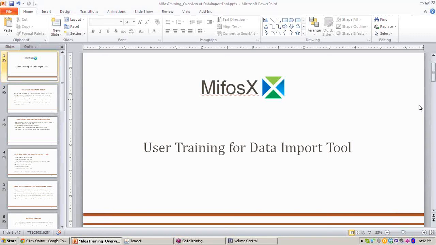Okay, I welcome all of you for this brief training session of data import tool. First I will give some PowerPoint presentation. Very briefly I will tell what it is and how it is different from data migration tool. After that I will go for the demo version, that is how to install data import tool and how to use it. That is two parts. Okay, first, let me start.